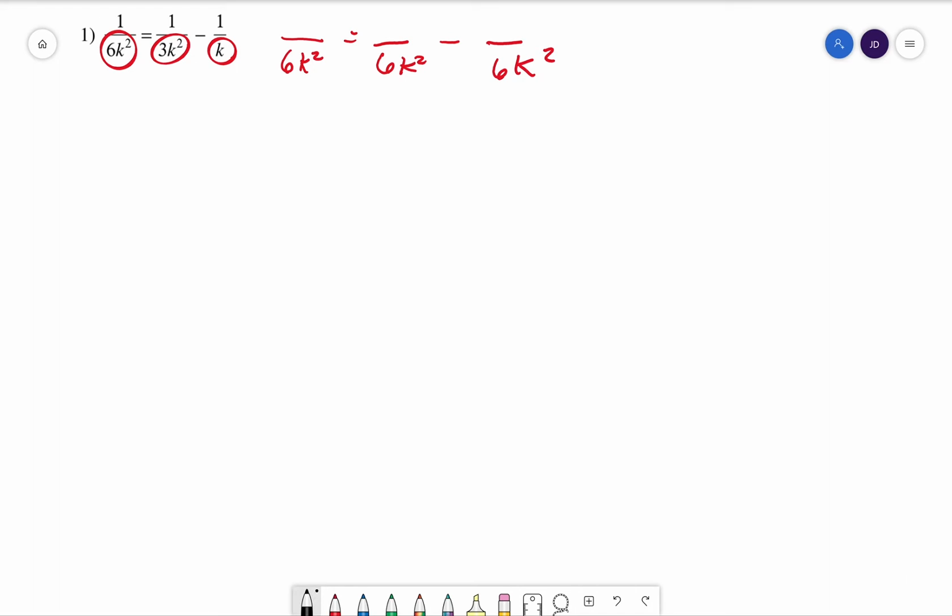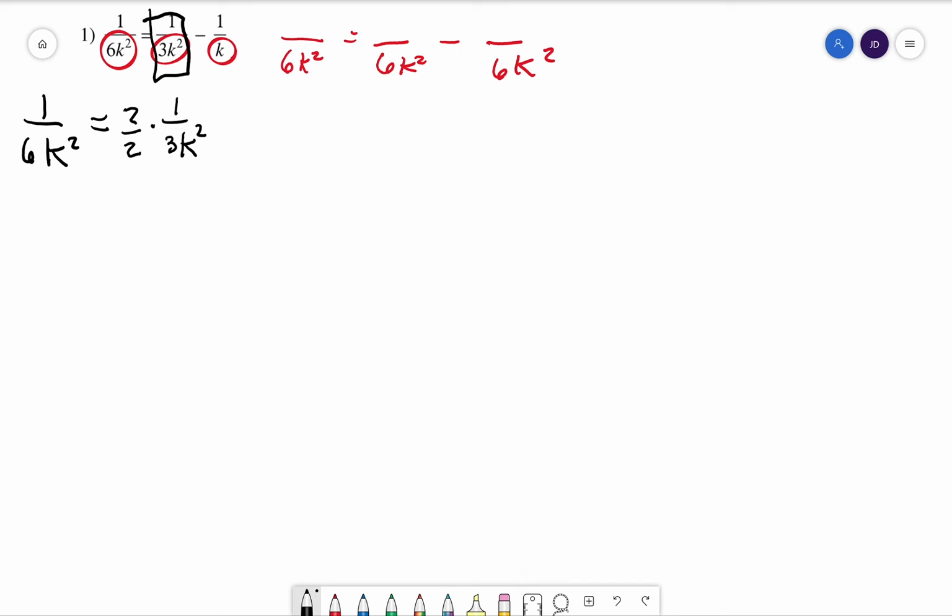All right, so the first one is fine because we have 1 over 6k squared. That's perfect. Now for the second one, we want to change this 1 over 3k squared into a 6k squared on the bottom. So we're going to multiply it by 1. So what do I have to multiply it by? I'm going to multiply it by 2 over 2 because 2 over 2 equals 1. And that's going to be times, this is going to be 1 all over